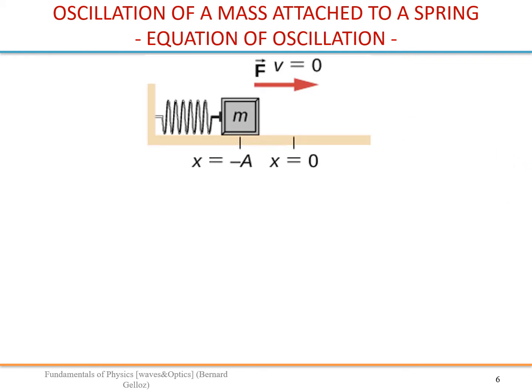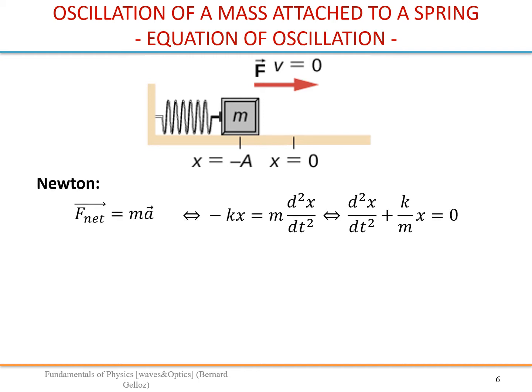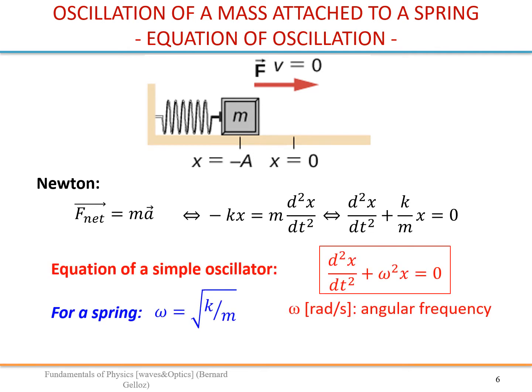Let's do it first using Newton's law. Let's write Newton's law: F equals ma. So ma is just m times the second derivative of x, because we only have x as a variable. The force is minus kx. x is algebraic, so we can write minus k delta x, and delta x is x in this case. So we can rewrite it like that, and this is our equation of motion.